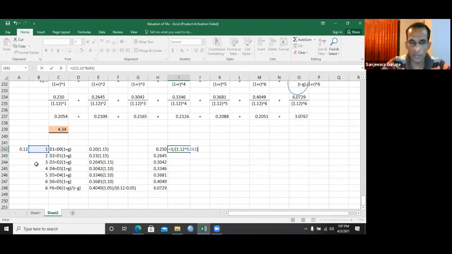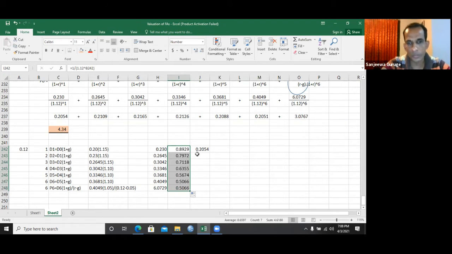right? So that is how you calculate it, and that should be multiplied by these future benefits. The future benefits should be multiplied by the discount factor. So you will see you are getting exactly this answer, right? You can calculate this discount factor using Excel easily, and when you calculate this, you will get these values here: